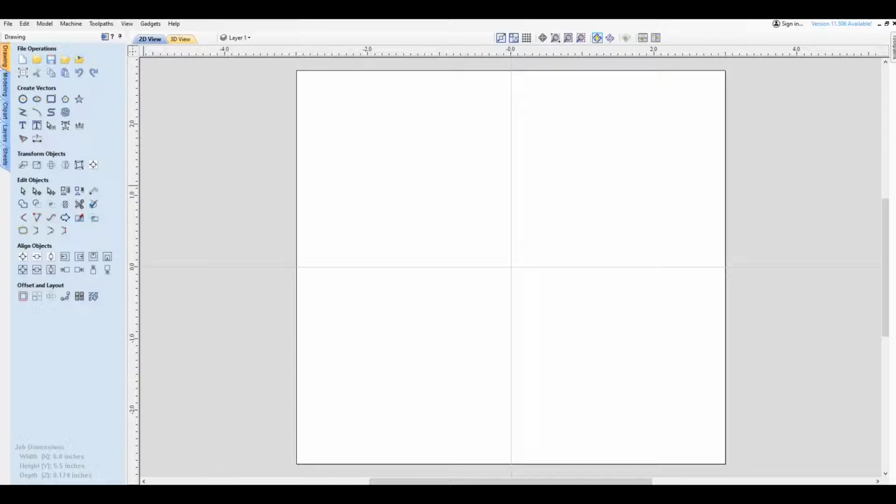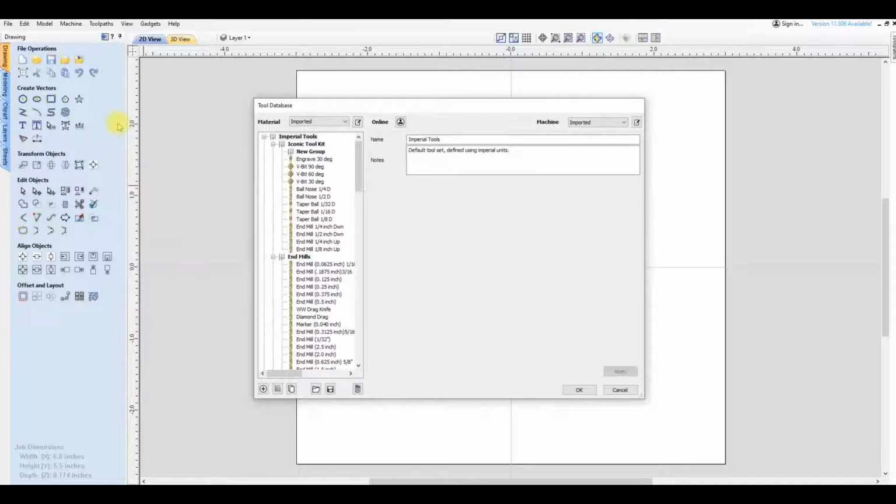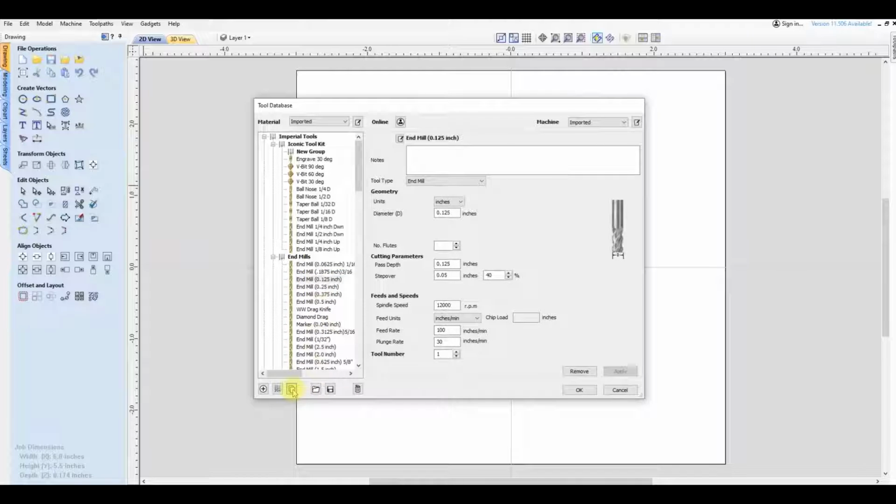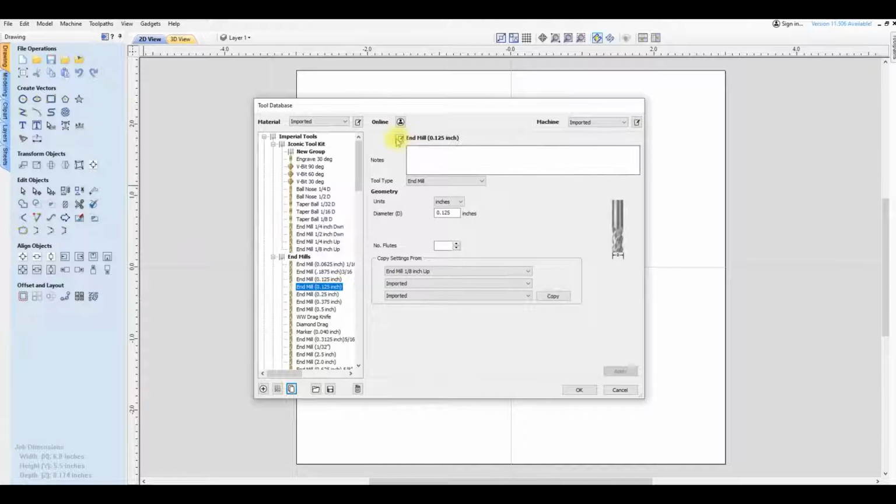Before we create any tool paths with the drag knife, let's add a drag knife to the tool database. Pretty straightforward stuff here. We're going to go up here to Tool Paths, Tool Database. All we need to do is pick anything down here. I'm going to grab this 1/8 inch end mill, copy that, rename it,